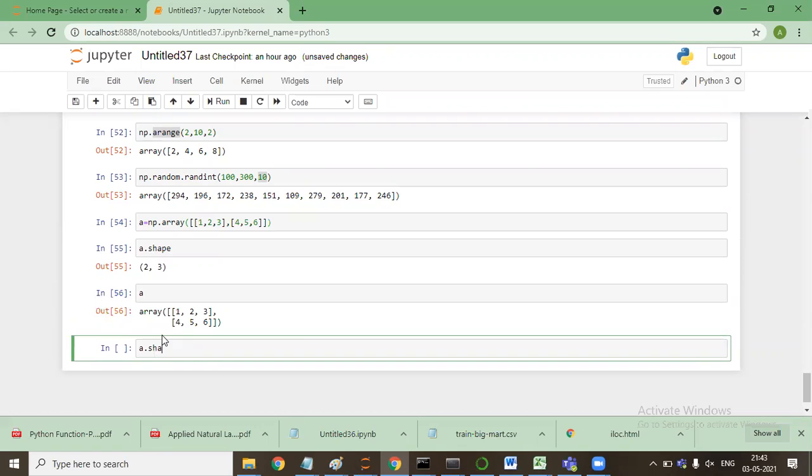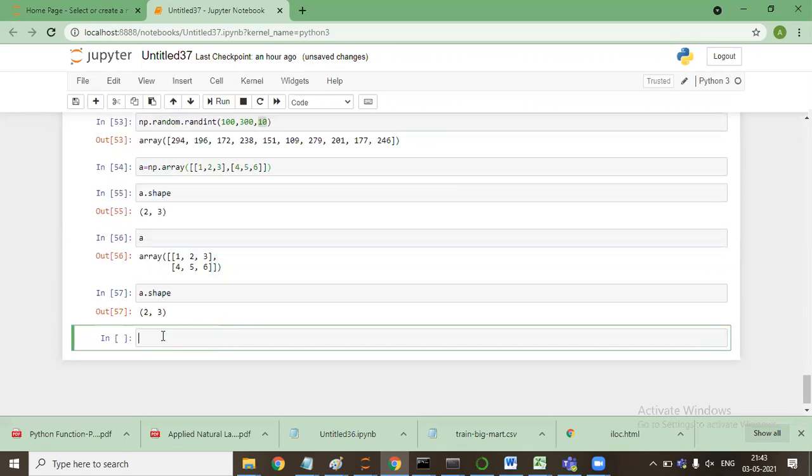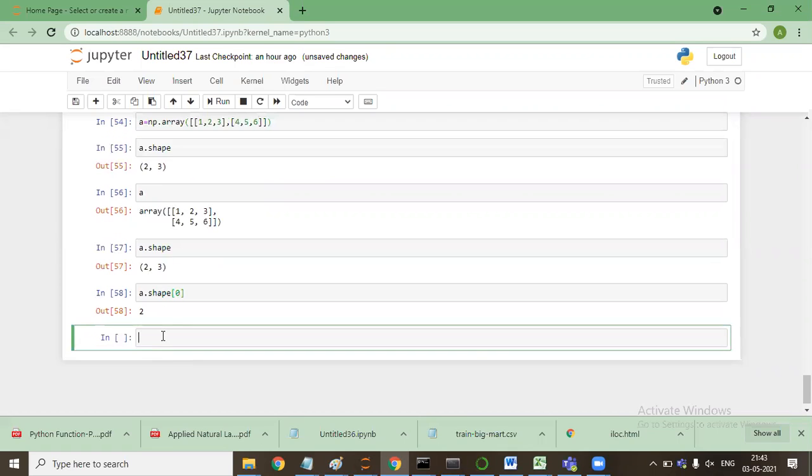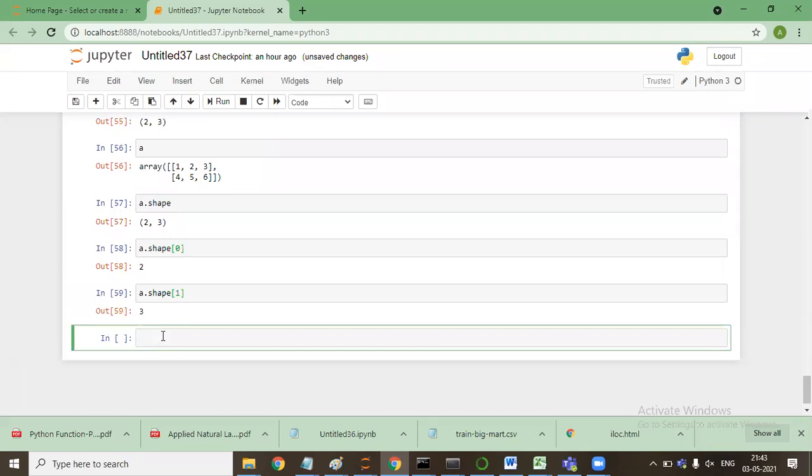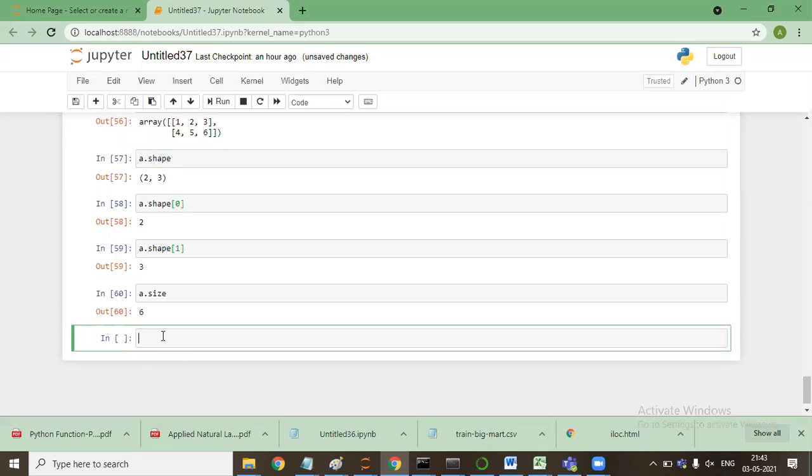It will give you the shape of this. If I'll say a dot shape 0, it will say 2. A dot shape 1, it will say 3. With me? Yes, sir. Now I'll say a dot size. It is 6, the total number of elements which it has.